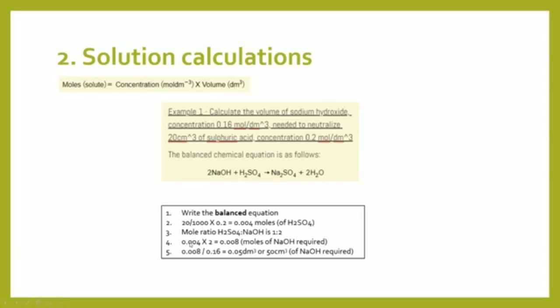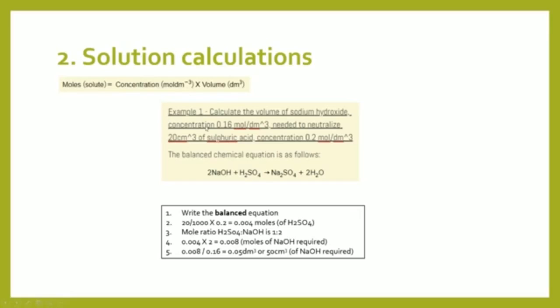So 0.004 moles of sulfuric acid, you times that by 2, meaning you need 0.008 moles of sodium hydroxide. But the question isn't asking you how many moles of sodium hydroxide you need, it's asking for the volume. So what you need to do is rearrange the equation, so therefore if you're looking for volume, it's moles divided